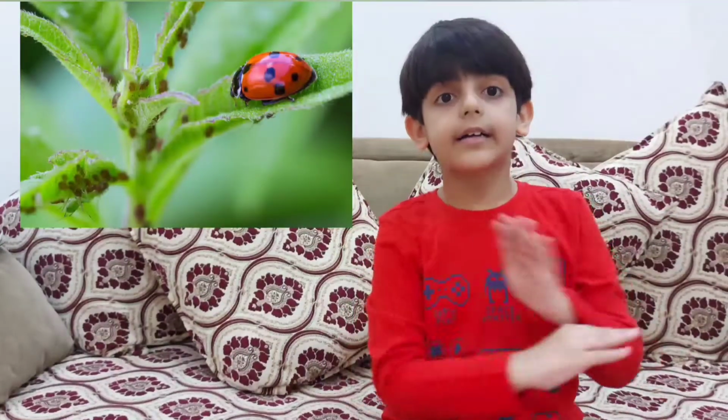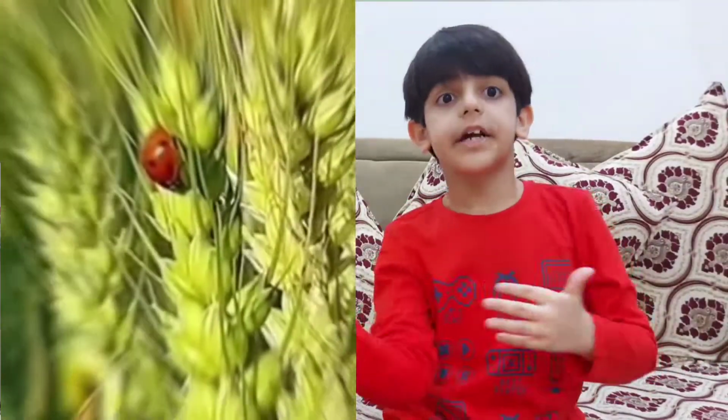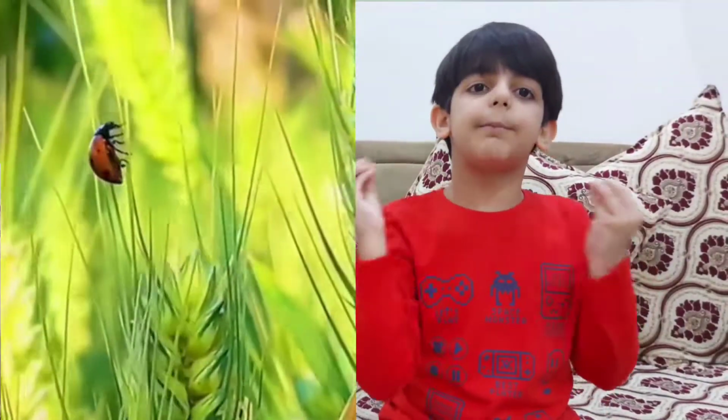And after that, the ladybugs have been so helpful. They help us by eating the pests which eat up the crops, and they are very helpful. So these are some facts about